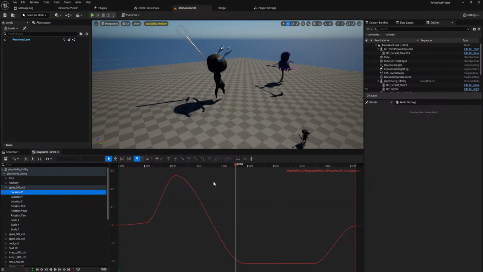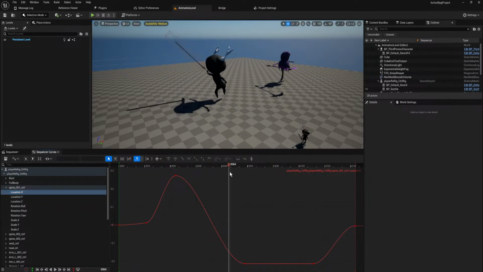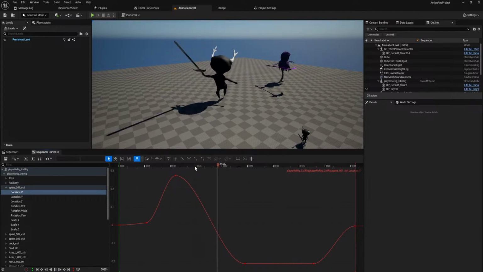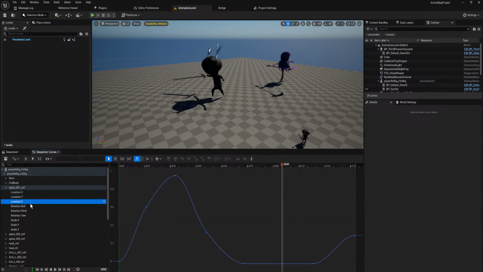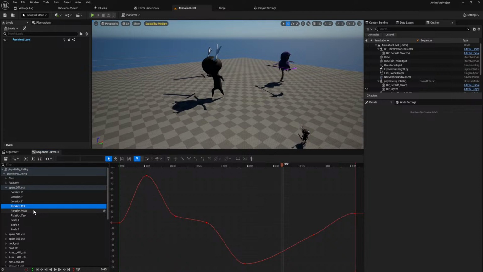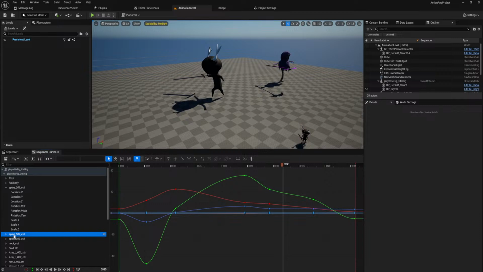No, don't play. Actually, is it? It's this bit here. I don't know what's happening. Well, case in point, I guess. Somewhere in one of these curves, something is going horribly wrong.